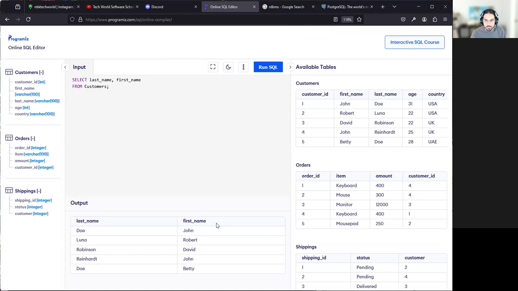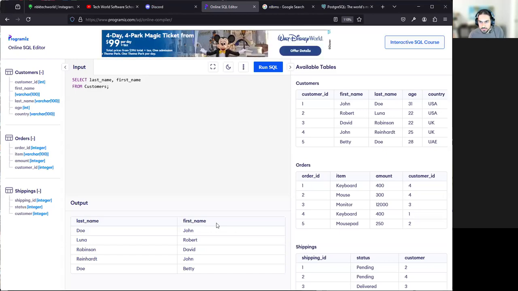If you have any questions, let me know. Is there any keyboard shortcut for Run SQL? What do you mean? Is there a shortcut to run this in this environment? I don't really know, to be honest. Shift-Enter doesn't work. Alt-Enter, I don't know. If you find out, let me know. There might be a key listener here somewhere. I don't know. Anyway,